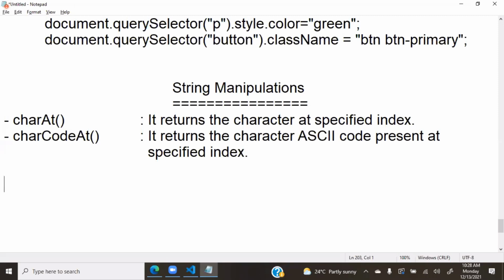So charAt gives which character is present at a specified index, and charCodeAt gives the character code present there. We will see various examples for that. First point is,